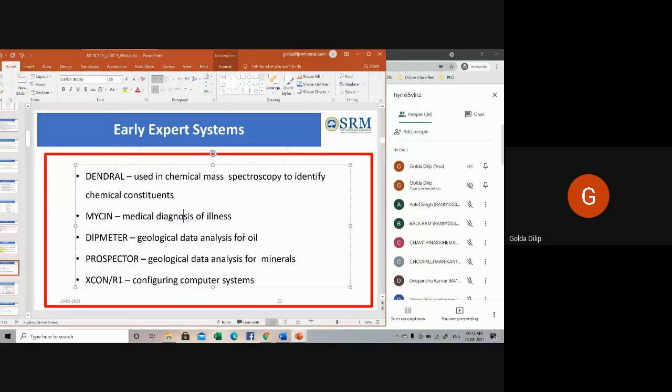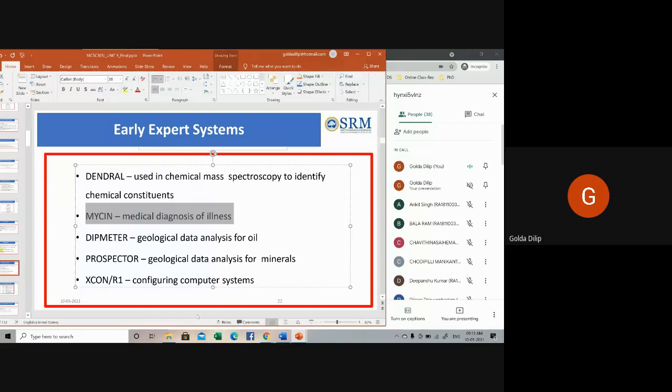Next we have Mycin. We'll take it up in detail because this unit has a topic called case study, and we will take up Mycin there. Mycin is a medical diagnosis system. We had discussed forward chaining and backward chaining inferencing systems; this was a backward chaining expert system. It was designed to find the bacteria causing infections like bacteremia and meningitis. It is also used for recommending antibiotics and for diagnosing certain blood clotting sicknesses.